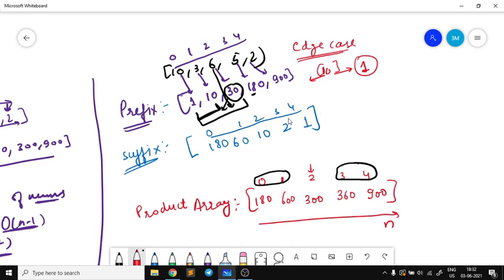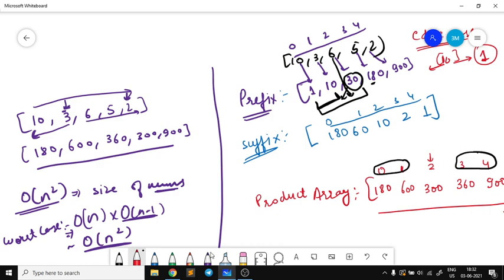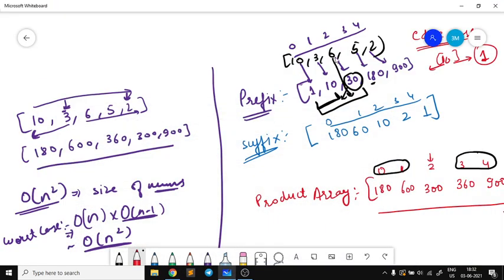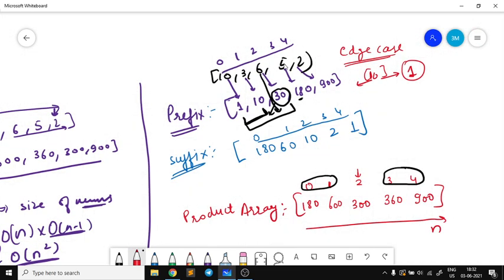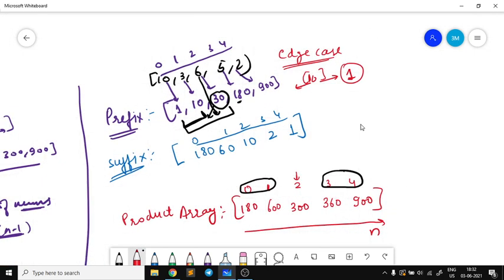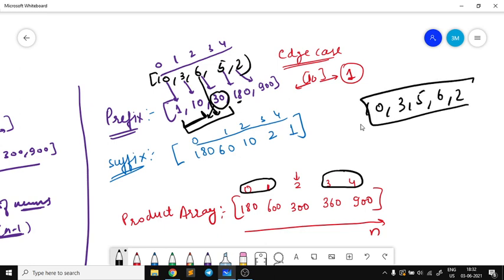The elements are 10 3 6 5 2. As you can see, I have just swapped these elements, so that's why the product is also swapped. Actually the elements were 10 3 5 6 and 2, but by mistake I swapped these two elements, so that's why the product is also getting swapped.